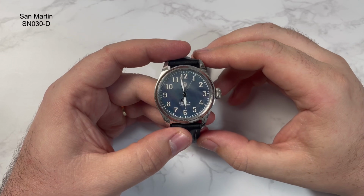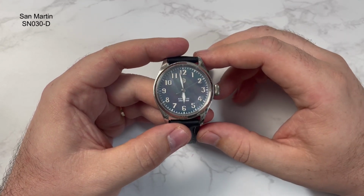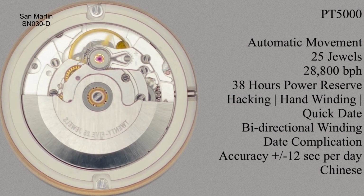So the model number for this is the SN030-D. Inside it's running an automatic PT5000 movement. I'll bring some information up about that now. High beat movement. A lot of people do really like these movements. They can be certified to chronometer standard and run within really good parameters. This is running sort of 2 seconds a day fast, so you can't really grumble with that, to be honest. Yeah, really nice movement, doing the business in this watch. And I've got to say, I've not had one PT5000 that wasn't running pretty bang on,